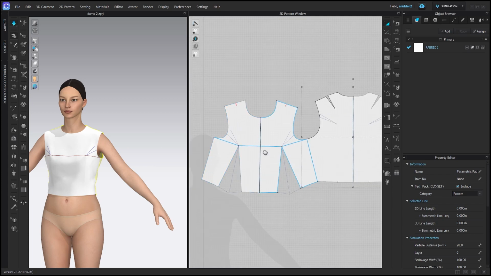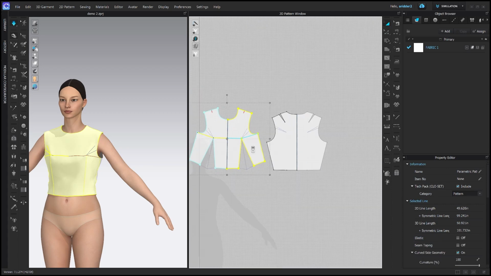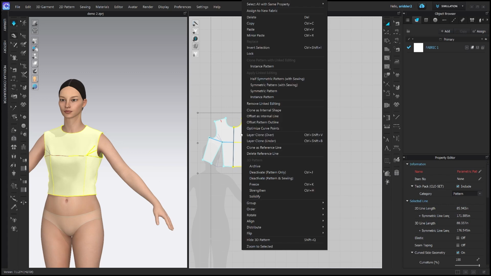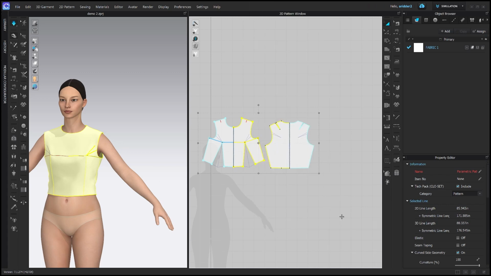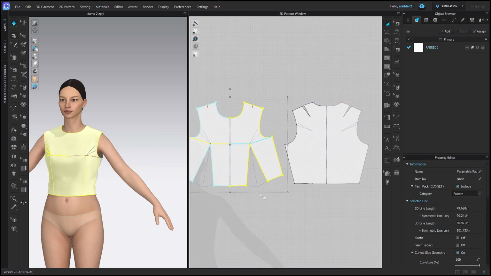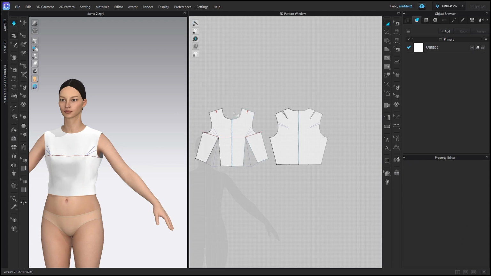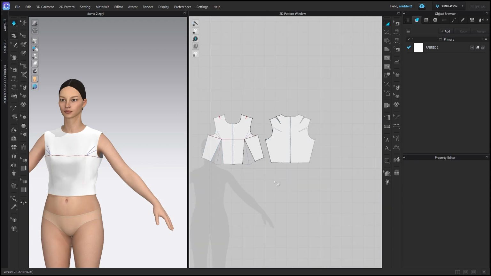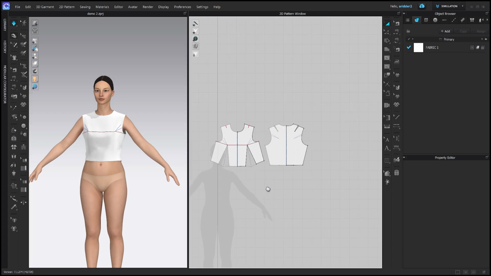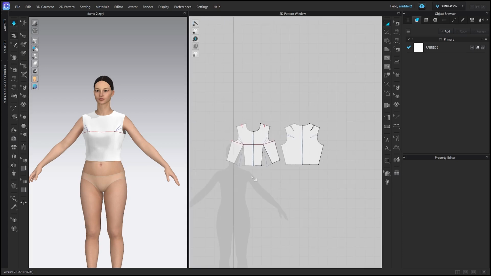To get my patterns all back on grain, all I have to do is do Control or Command A, right click the patterns, and then rotate and reset along grain line. That was very slight for this one, but it made sure that it was straight up and down, which makes it easier to edit. Now that we have our pattern, I'm going to show you how to grade it in